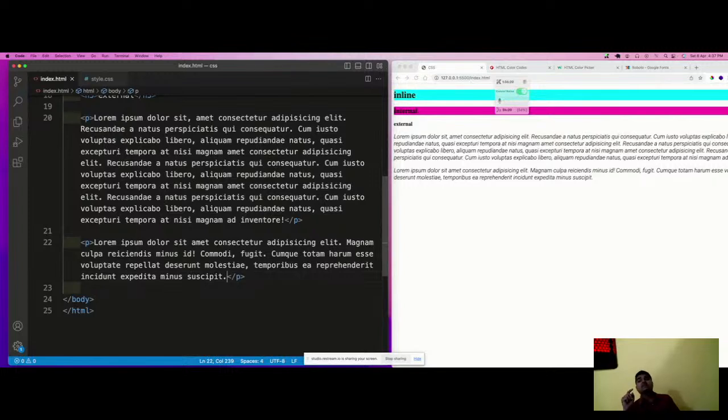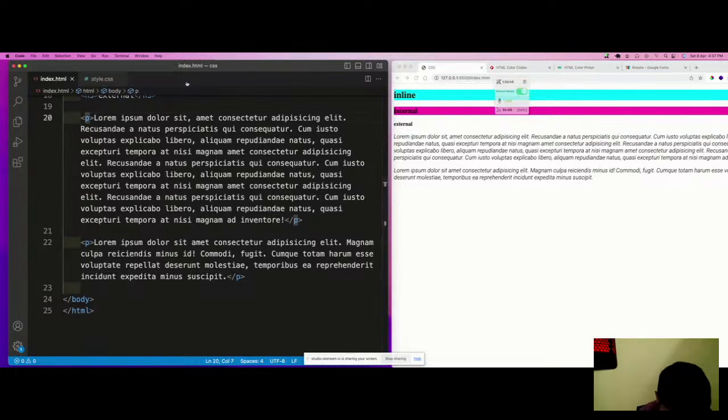The set of styles we have written for the first one automatically gets replicated to the second one also. That is what is happening. In order to overcome this kind of problem, we have classes and IDs. So let us target classes.